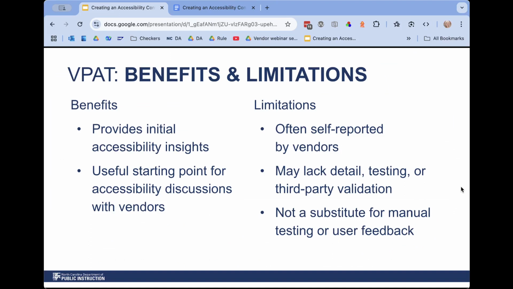It's also important to note that a VPAT may not tell me the full story of how you've evaluated. You may say, well, the evaluation was done internally, or the evaluation was done by a third party. But that still doesn't tell me if you've only done an automated test, if you've done a manual test, or if you've tested with users with disabilities. And it may not even tell me that